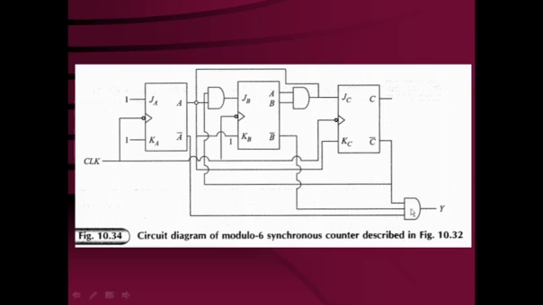I told you we want to decode the state 0 0 0. That means C bar is going to be high, B bar is also connected high as one of the inputs of the AND gate, and A bar is connected high. So whenever there is a 0 0 0 condition, A bar, B bar, C bar are going to be high, and hence we can say that output Y is going to be high once every 6 clock pulses, and that way this will work as a modulus 6 counter.